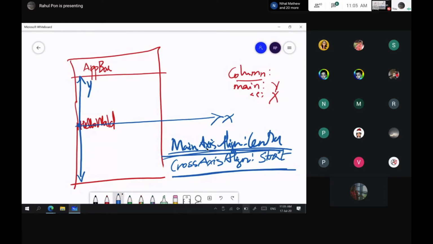So see what happened. The cross axis is the x axis, right? Cross axis is on the start. That's correct. This is the beginning of the x axis and the cross axis is on the start. But look at the main axis, which is y. For main axis, it is there at the center actually. So this happened just like how we programmed. So do you get what happened now? You might feel this, because I too felt this.